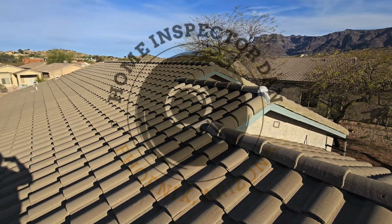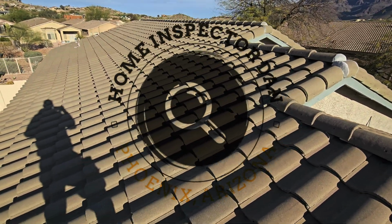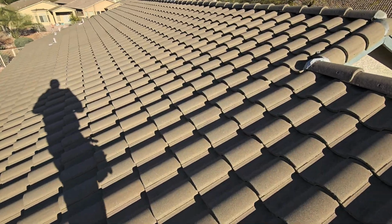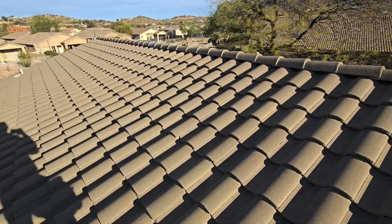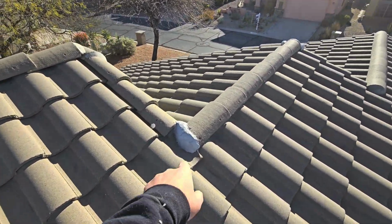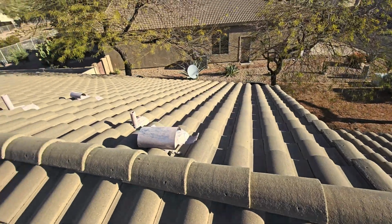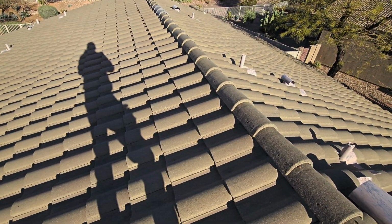We're at a house built in '98. This house is looking pretty good. We're getting started on the roof, looking around the concrete tile roof, pulling up a few of the tiles here and there, taking a look at the underlayment. It doesn't look new. Looks like it's got a little bit of age to it, but somebody's been doing some maintenance up here because we've got fresh mortar caps. Nothing's cracked out. I don't see any cracked tiles besides maybe a couple little corner cracks like that, which aren't